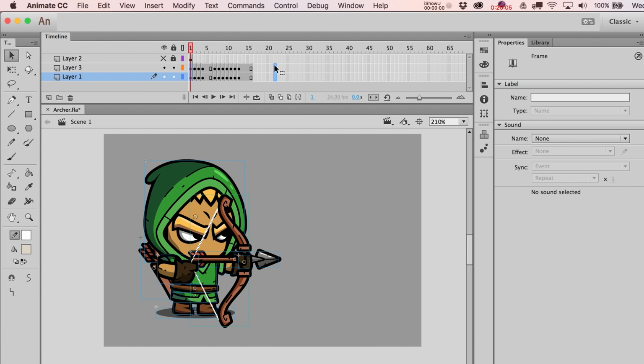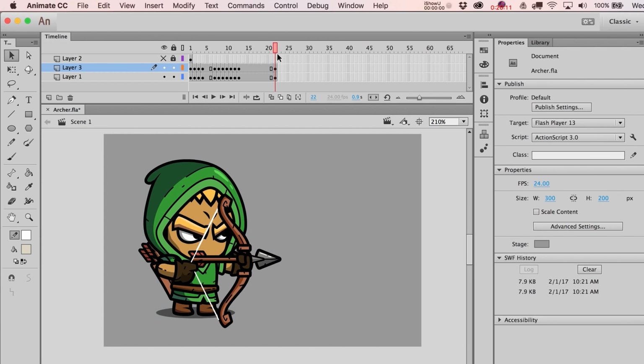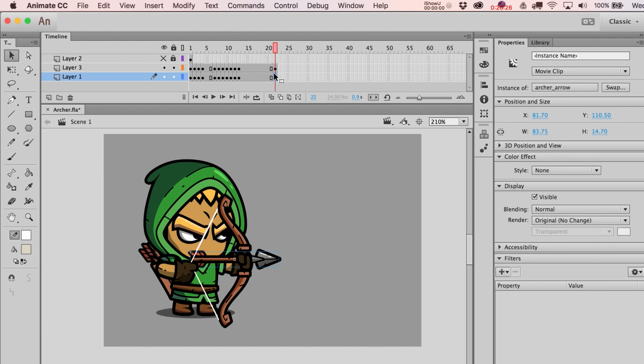Let's do this. Let's copy these frames out. So I'm just going to hold down the Option key and just move them out as I've got them selected. So it's just going to copy them over there. And, yeah, so you got to figure out how am I going to get the arrow back on? And that's probably not as bad as you would think. What you could do is... All right, so let's take our arrow,